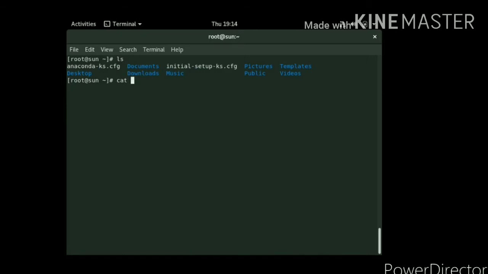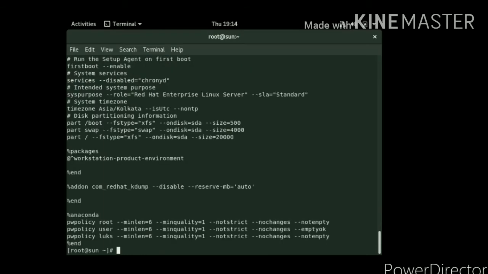Now we will open this file with the cat command and we will see all the parameters which we are going to install in the remote machines, like the services and the partitions: boot, root, swap. These are all the partitions it will configure in the remote machine. The same parameters it will install in the remote machines.